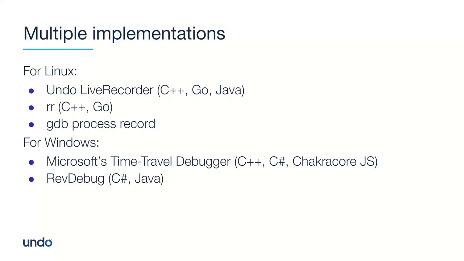And there's another startup company like us called RevDebug, also on Windows, for C# and Java code. So I'm sure I've missed some. If you're more of an embedded person, there are hardware-assisted things that have been doing this for some time, Green Hills Time Machine type stuff. I'm talking about software implementations of this, but if you have the hardware to help you do it, you can do the same thing. The Lauterbach debugger does the same as well. So across different platforms, there are different technologies to give you the same kind of power.